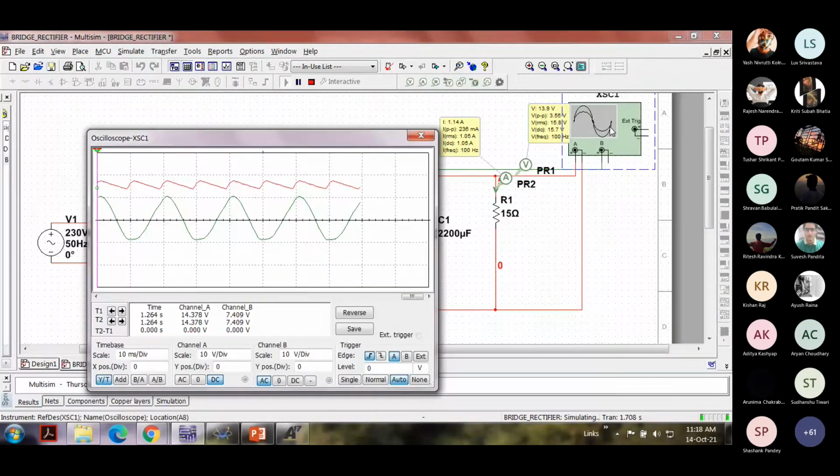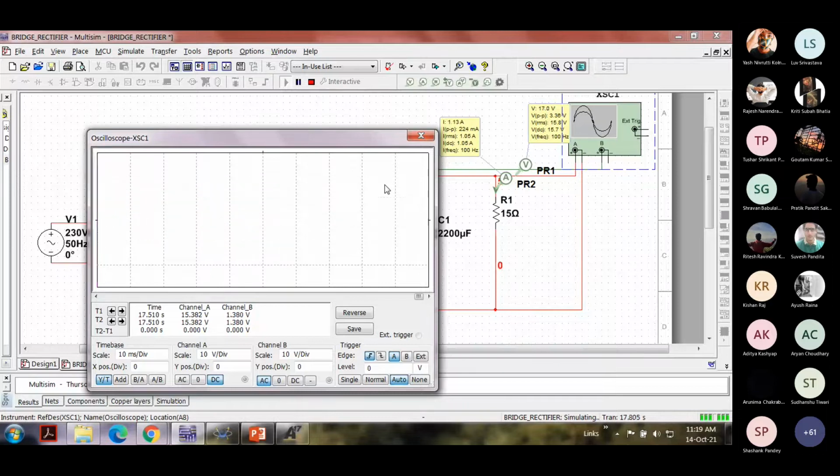Interestingly, I have designed this and we'll see it working. The red trace is the output. As you can see, there are ripples over there. You must have already started with the rectifiers now, or maybe you have finished it. So our design is working properly. Why?